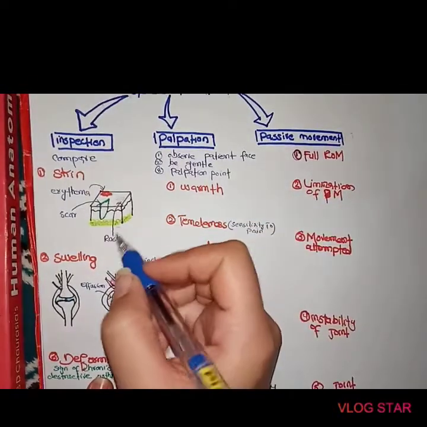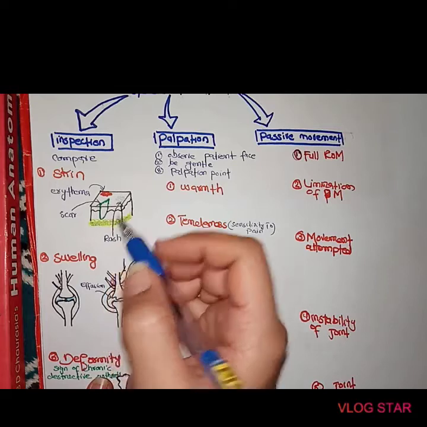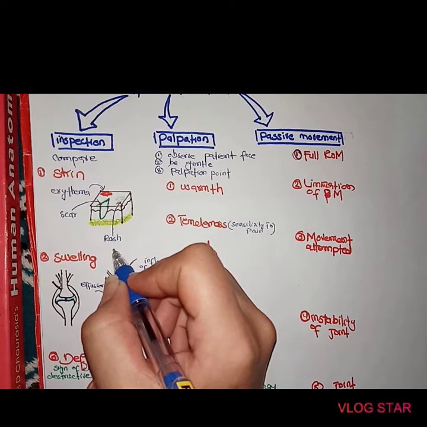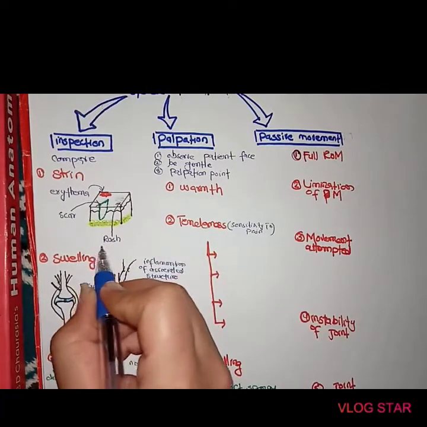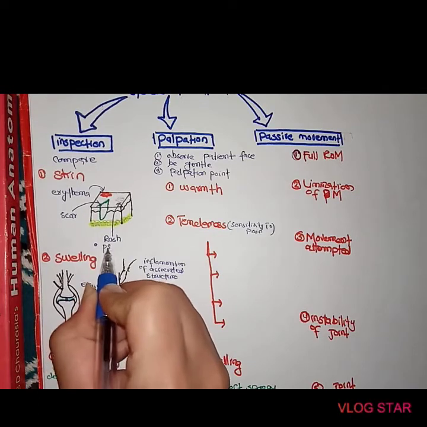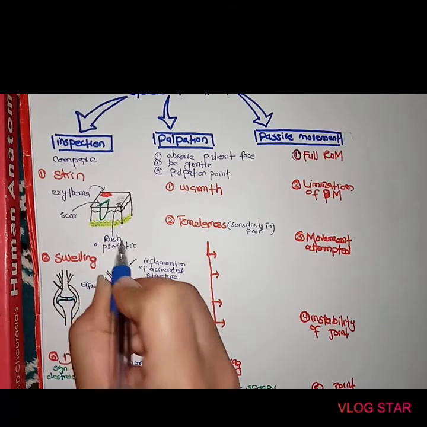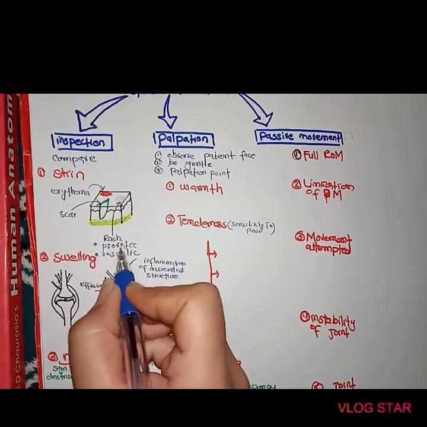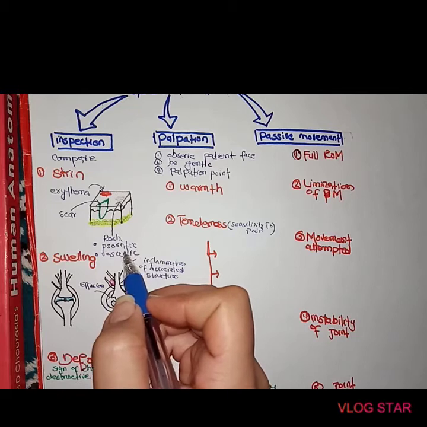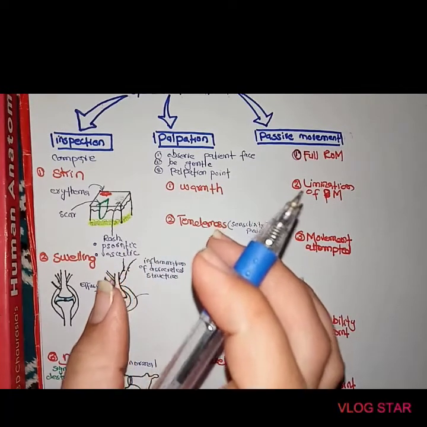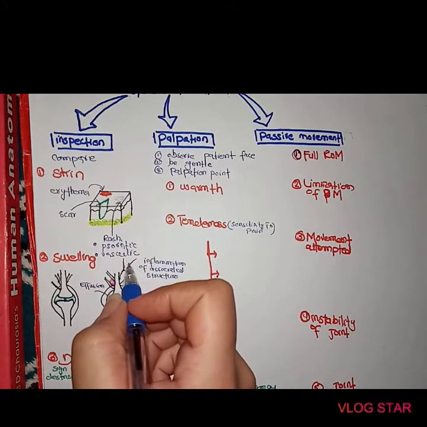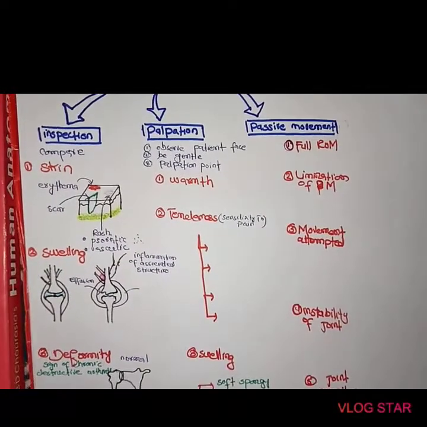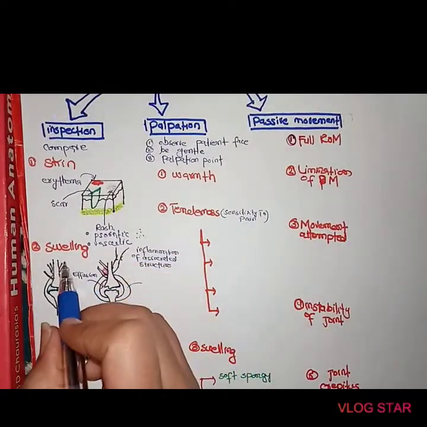Especially if the scar size is very large. The third thing you have to observe is whether any kind of rash is present or not. If a rash is present, you observe whether the rash is psoriatic, or maybe a vasculitic rash. A psoriatic rash is a scaly or dry patch, while a vasculitic rash is red in color, a spotted red color of the skin. The next thing you observe is the swelling.